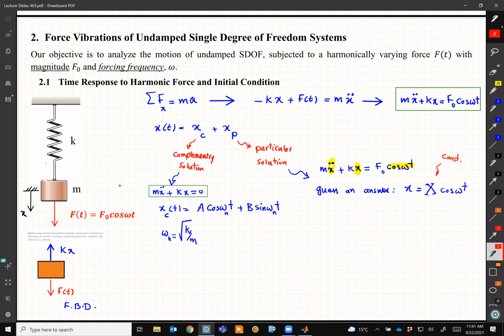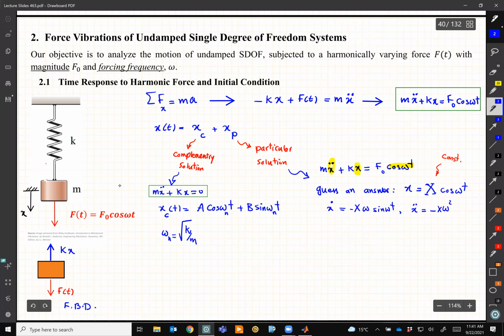We don't know if this can be the answer, but we just guess. Now I need to take the derivative 2 times, so x dot will be minus X omega sine omega t, and x double dot will be minus X omega squared cosine omega t. If we substitute them there,